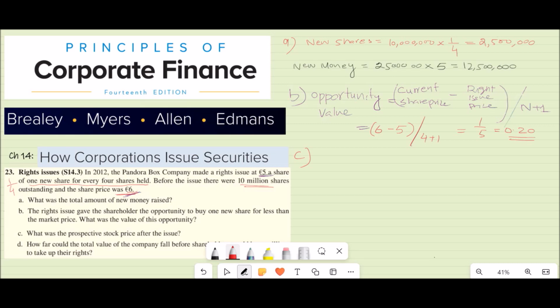So to calculate the stock price, we need the same information, right? We have seen in the previous question. So stock price is equal to market value or total value, whatever you want to call it. Let's say the total value, and divide it with the total number of shares. So to calculate the total value, we need the old shares, which were 10 million,